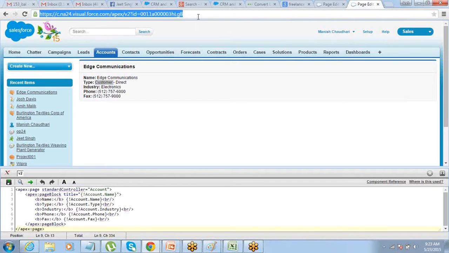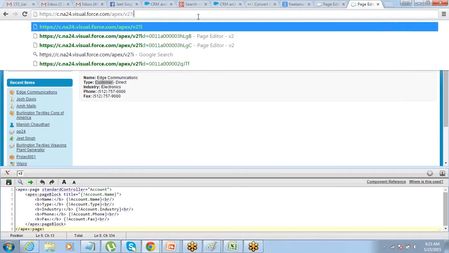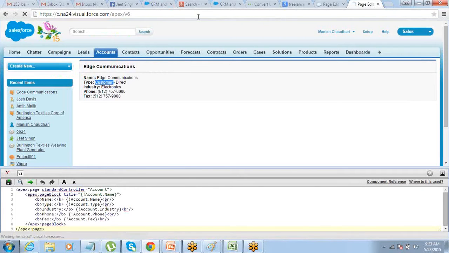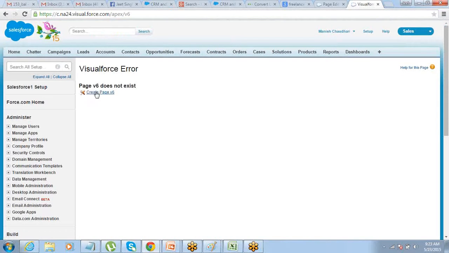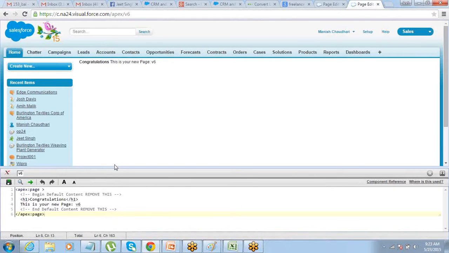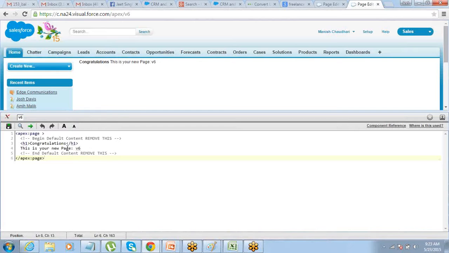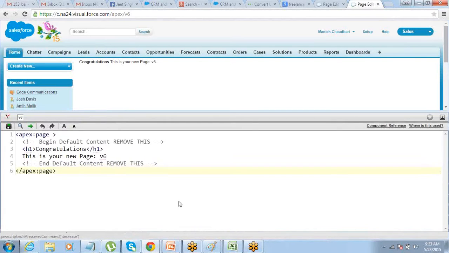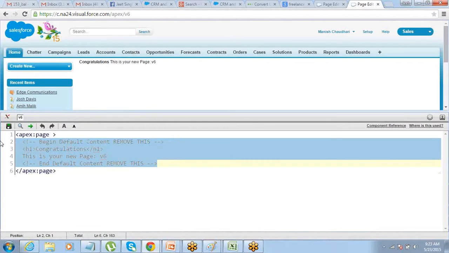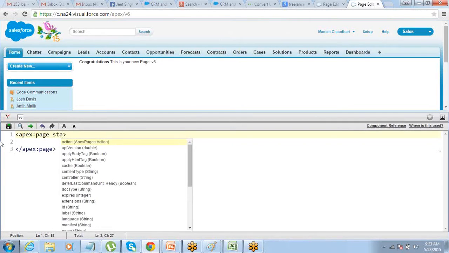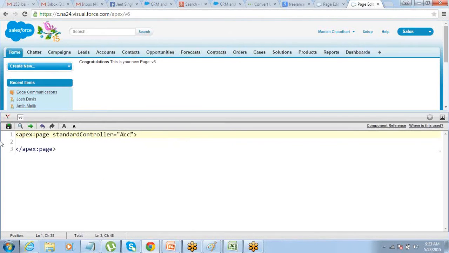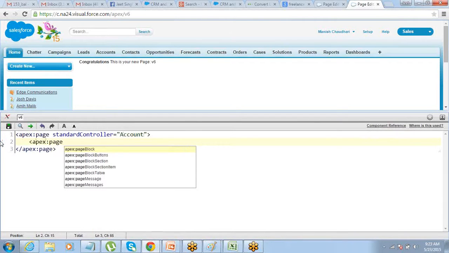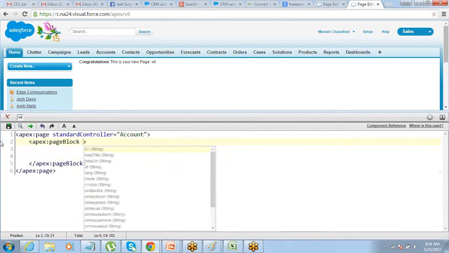What we can do is create another page. Standard controller equals account. Let me put a page block.